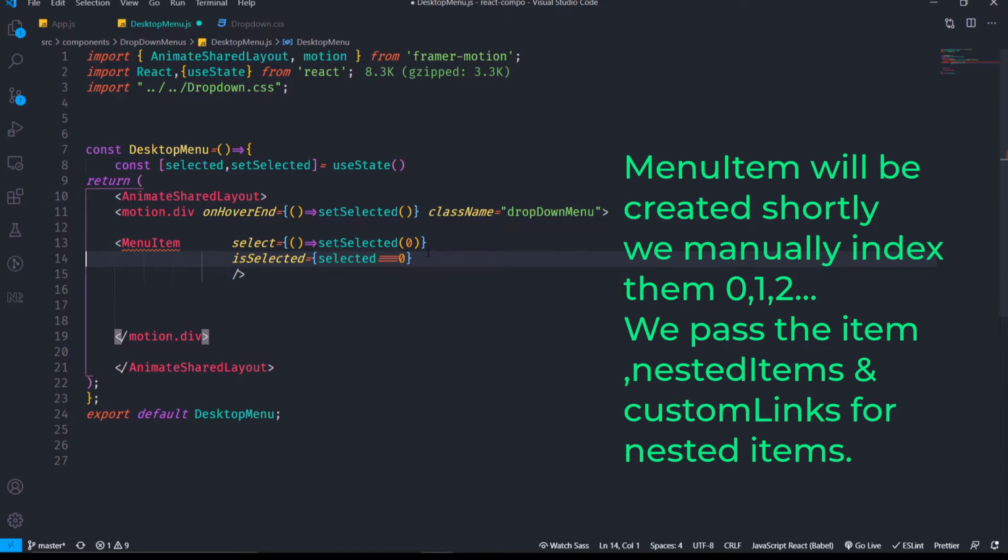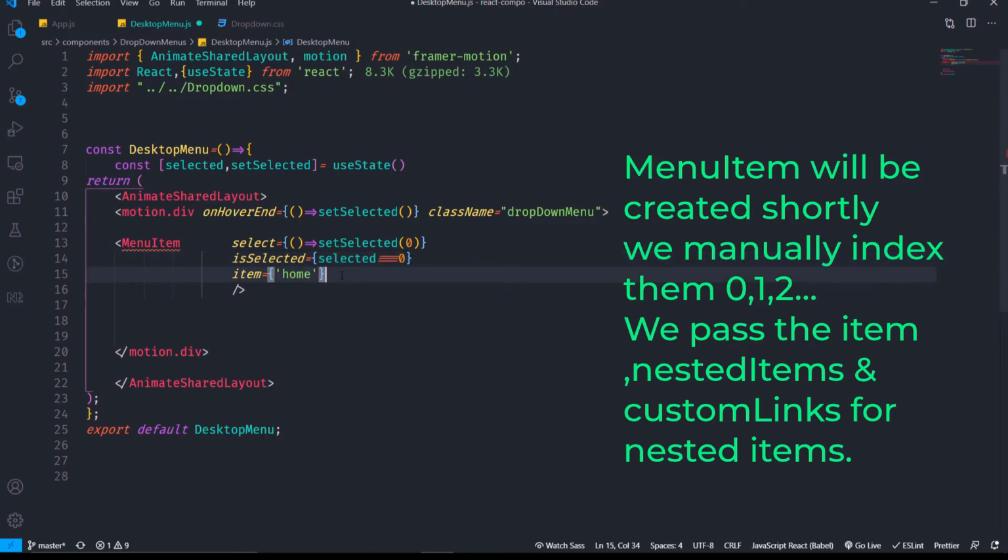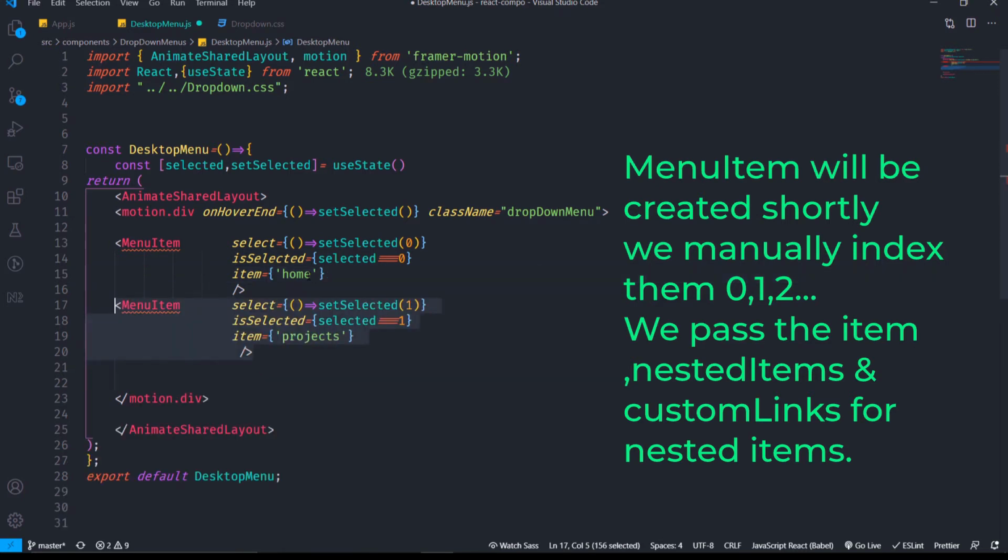The first element will set the selected value to 0, and each item's isSelected will check whether the currently hovered element is the current index, that is if the selected is 0, or 1, or 2, then it will say true, or else false.